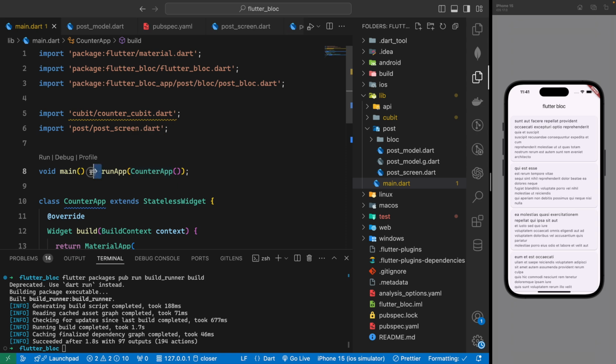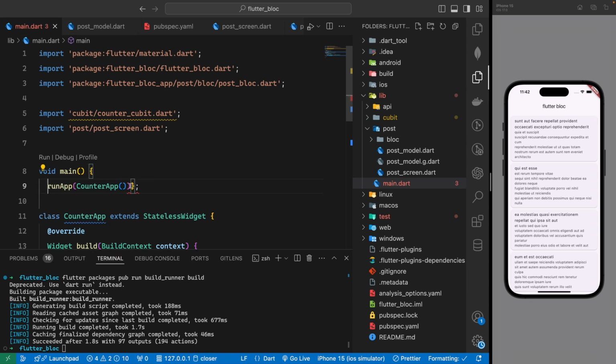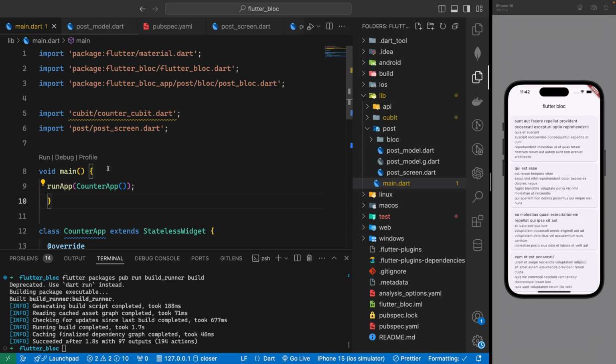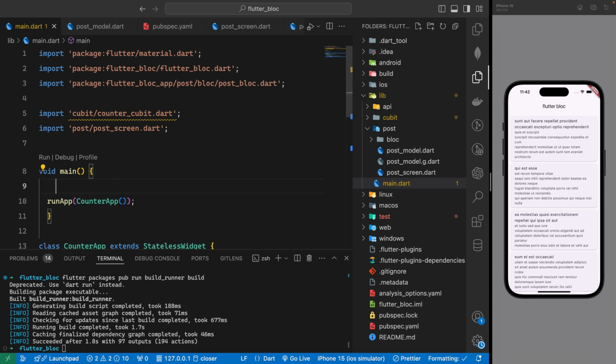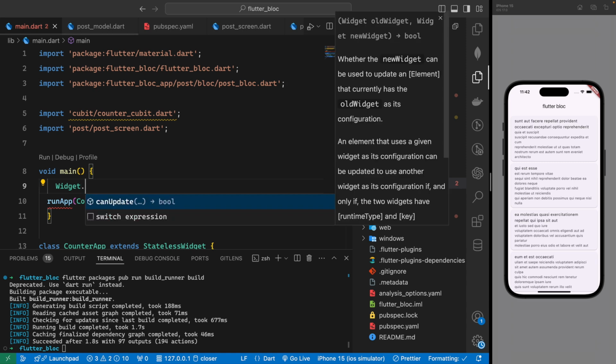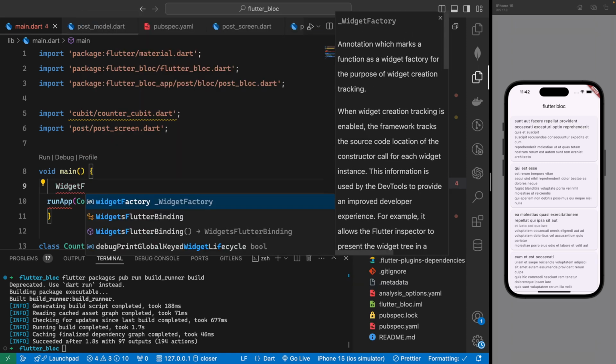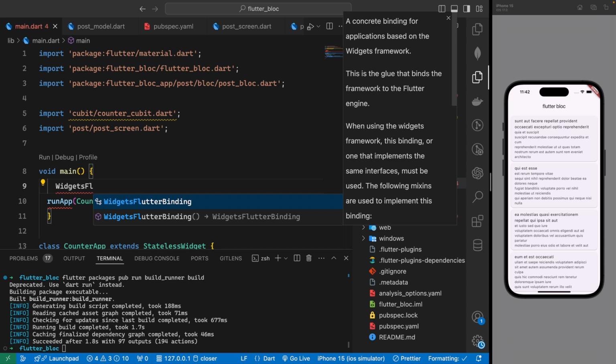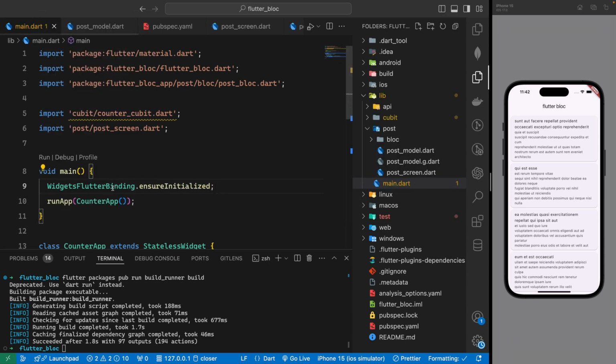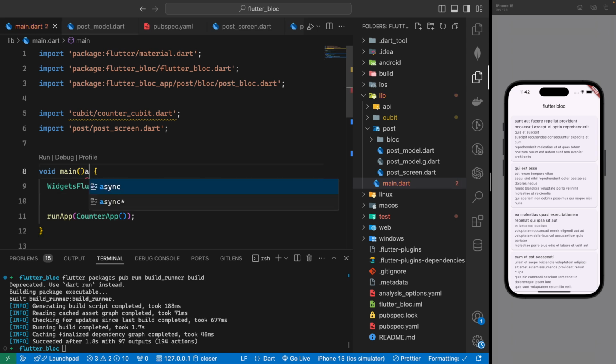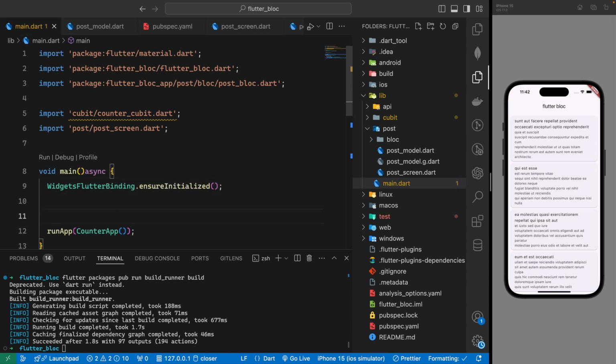So main, I will create like that. Inside the main function, I will say WidgetsFlutterBinding.ensureInitialized. So we will create like that, and also I will use async, because we should have an asynchronous function